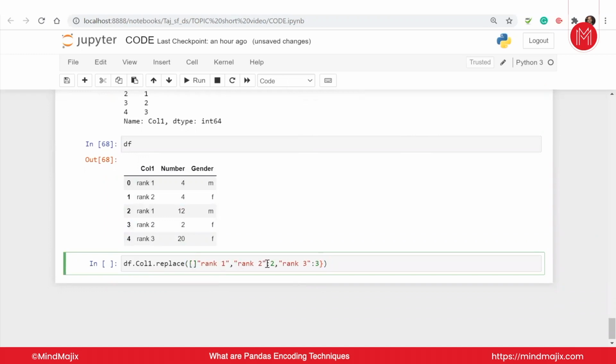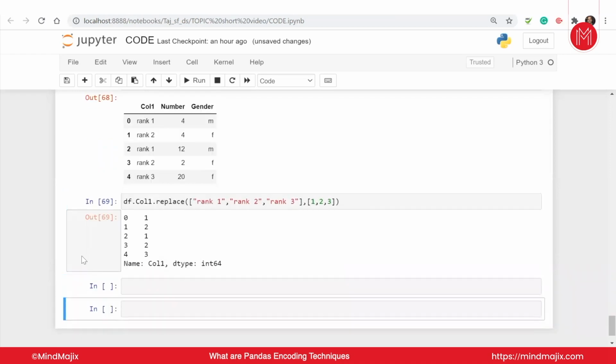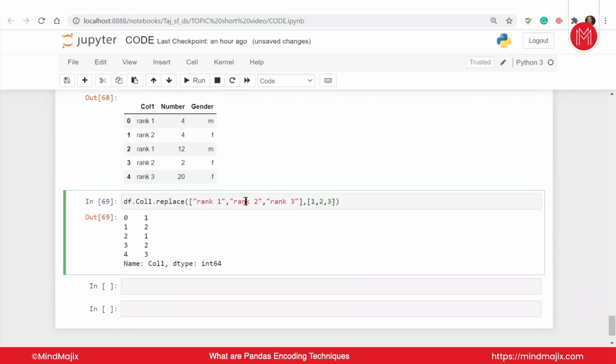Remove this, and remove this completely, and then comma a list which has 1, 2 and 3. Here we have the replacement again. And if you don't want to give it like this, again you can give it like that. So both ways will work.